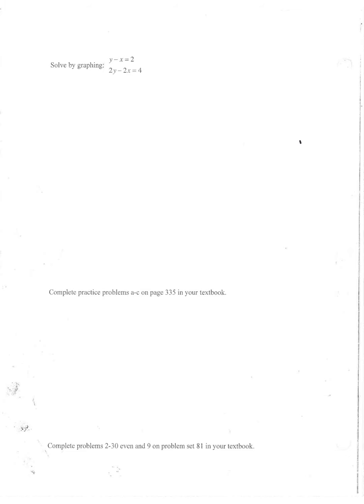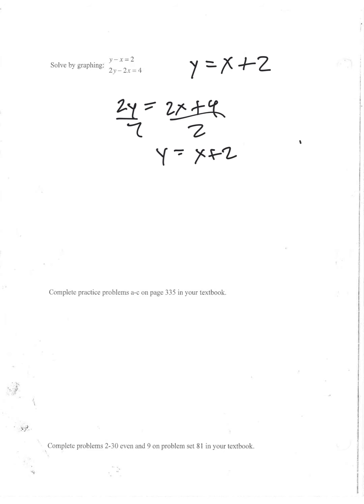So I'll start with the one at the top here. So the y minus x equals 2 can become y equals x plus 2. On the bottom, I'm going to maybe do a little bit more work here, but I'm going to add 2x to each side, so I end up with 2y equals 2x plus 4. Divide each side by 2, and then we end up with y equals x plus 2. All right. So here's my new set of equations, by the way, right here. If I went ahead and graphed these, which I will do,